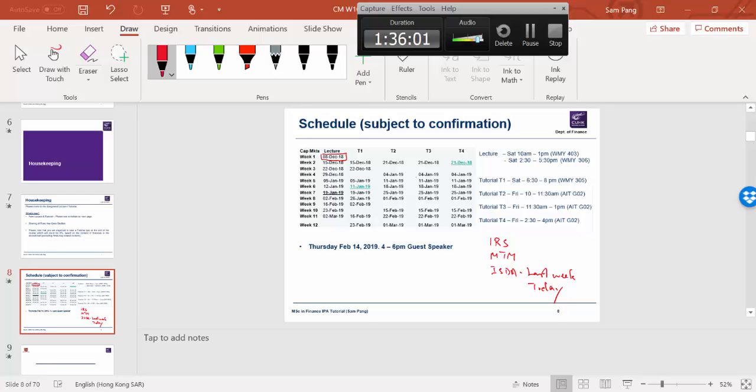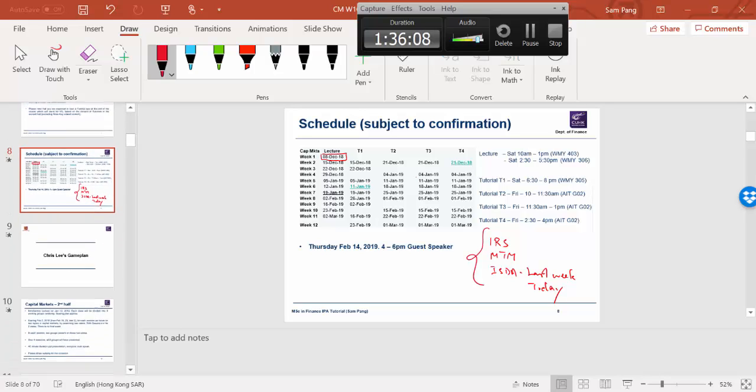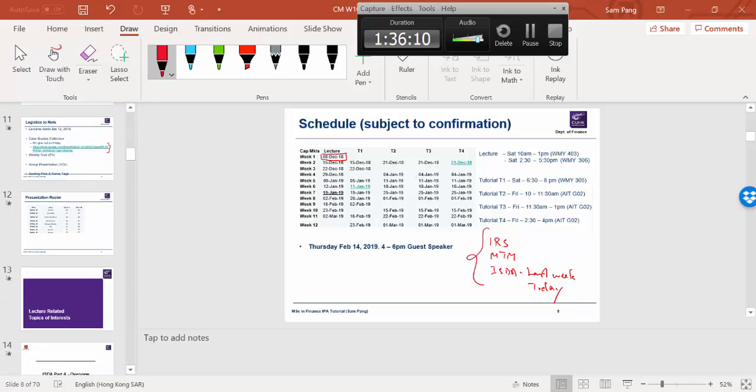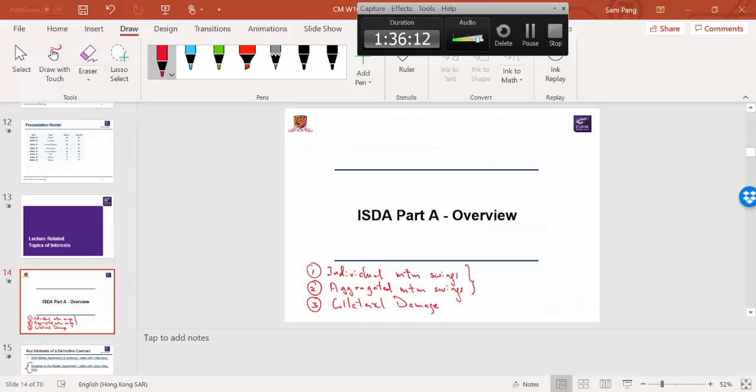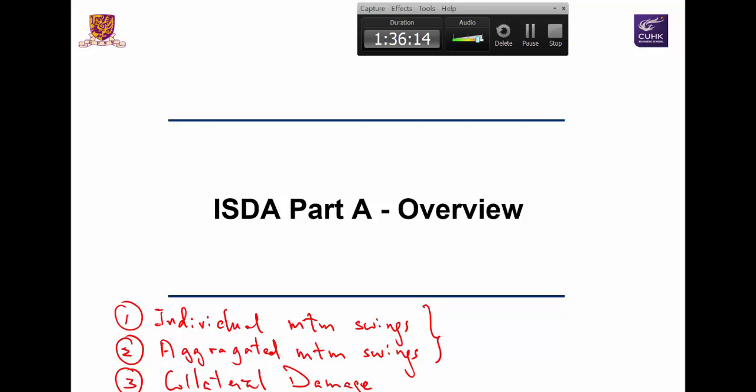We're going to have a little quiz covering these areas. And then today we looked at ISDA in a bit more detail. I told you that there are three things that bankers might worry about. These two we already talked about last time. So today is mostly about how you deal with the collateral,